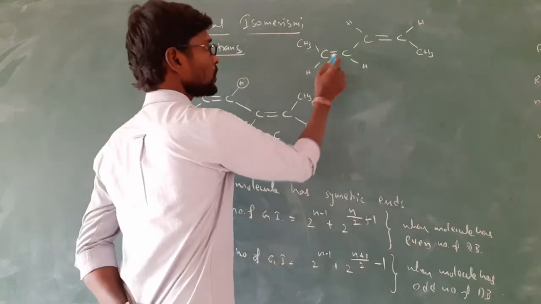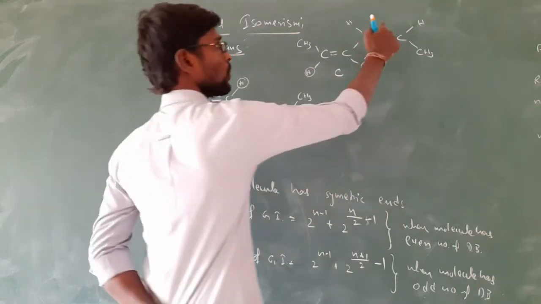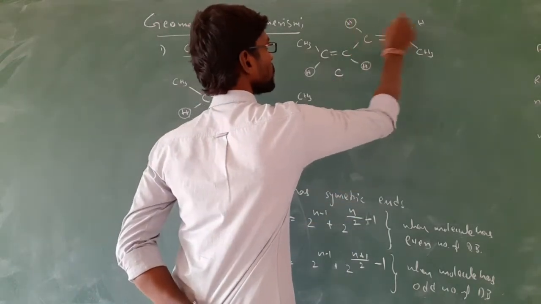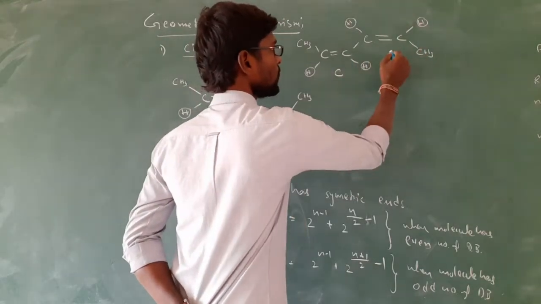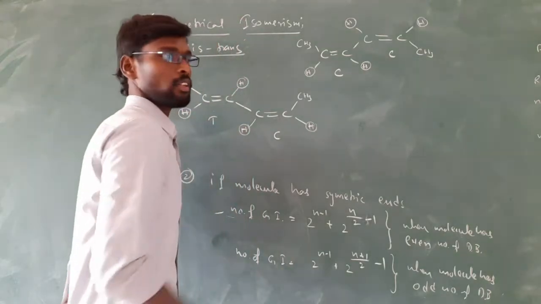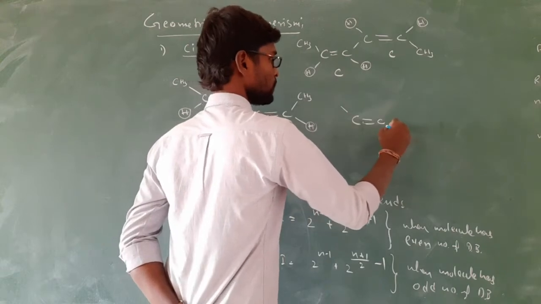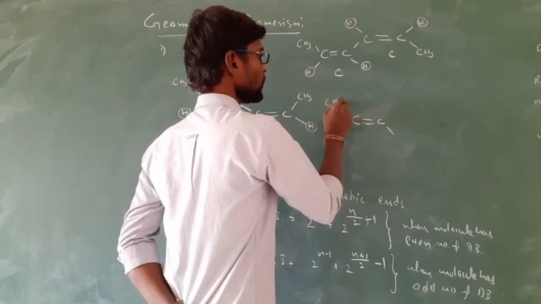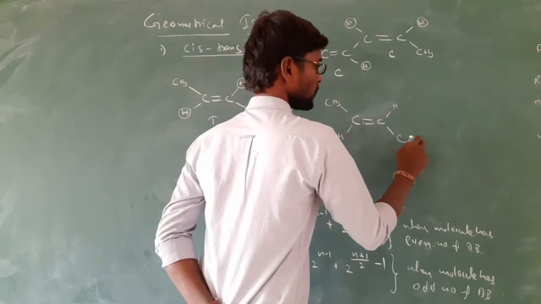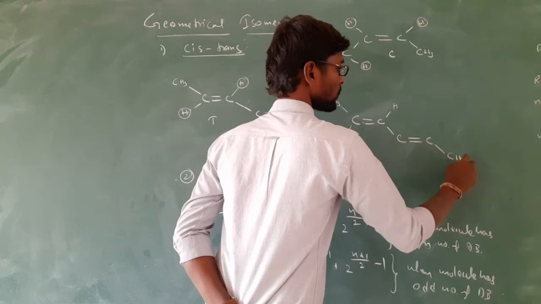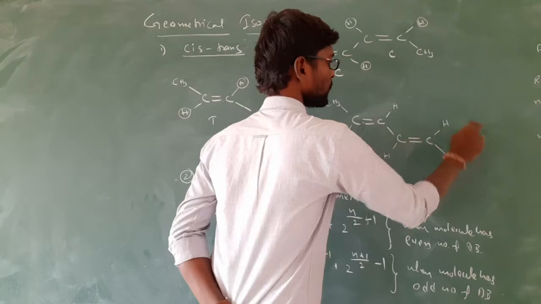So what it becomes, on this double bond 2 hydrogens are at the same side, so it is called cis, and on this double bond again 2 hydrogens are at the same side, or you can identify carbon, carbon, both carbons are at the same side, so this is also cis. Now the third one, trans, you have to write one, right, this is CH3 and here hydrogen is there, here hydrogen is there, on carbon again double bond, carbon again write this is CH3, here hydrogen and here one more hydrogen.